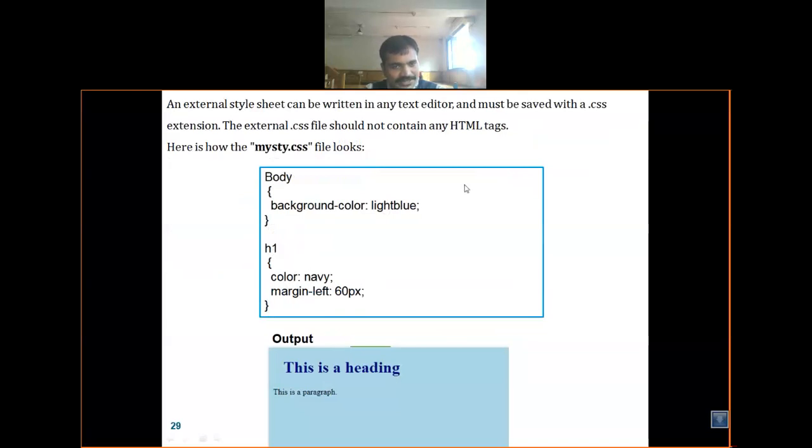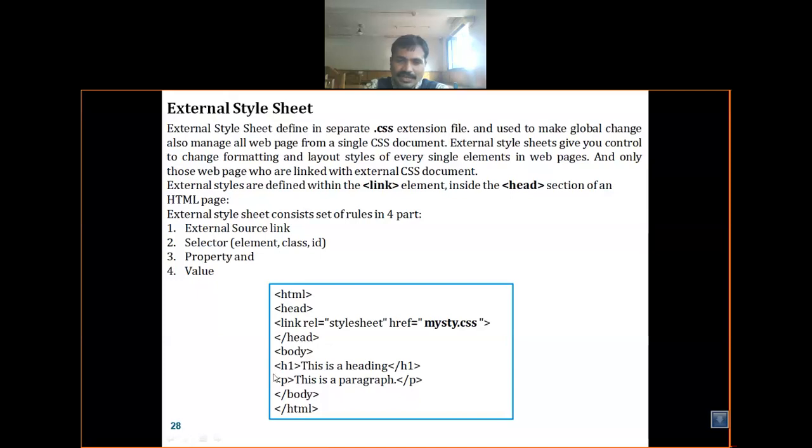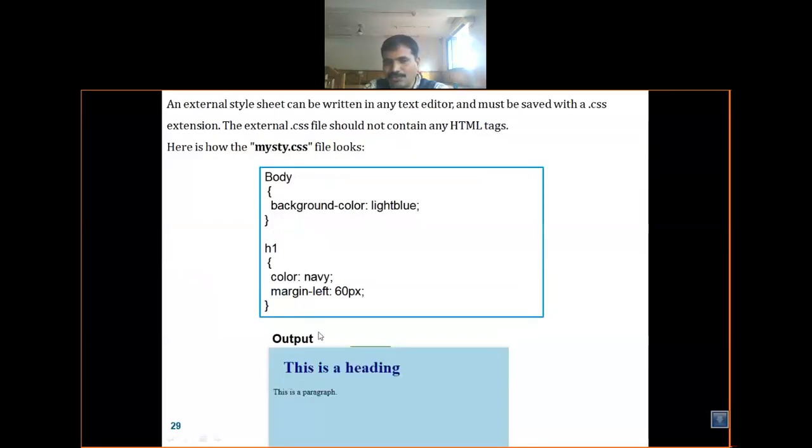I could not use a p1 here. I specified the properties only for the body tag and h1. I did not specify any property for my paragraph, so it is displayed in the default color, black. For the rest, the body color and the h1 tag, any changes made in the CSS file are automatically visualized in this case.